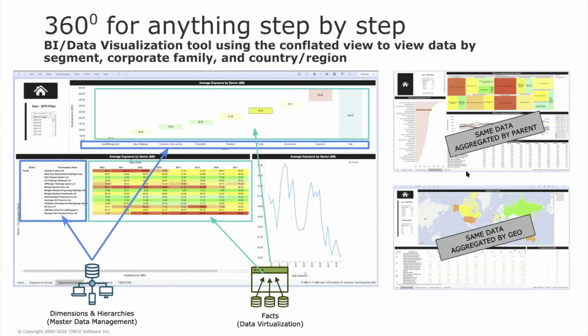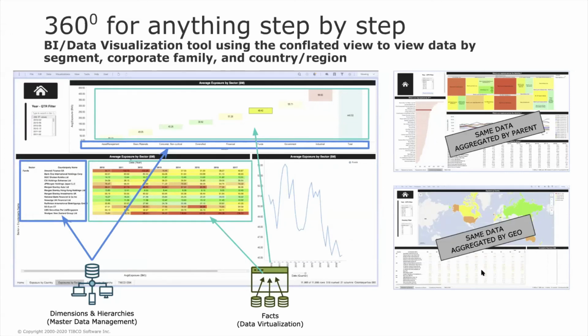Over here, what we're seeing is the same information, but instead of looking at it by sector, I'm now looking at it by corporate hierarchy. So when you think about counterparties, you've got a parent company and then an endless number of subsidiaries all the way down. And what we want to see is gather all the information up, look at it as a single name, say, how much exposure do we have to, say, Goldman? Not Goldman Sachs Asset Management Asia, but the whole thing, the whole Megillah. So that's what we're seeing over here.